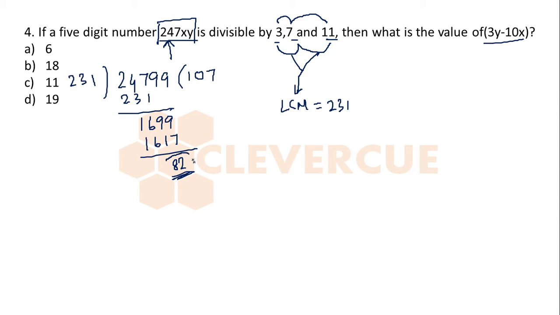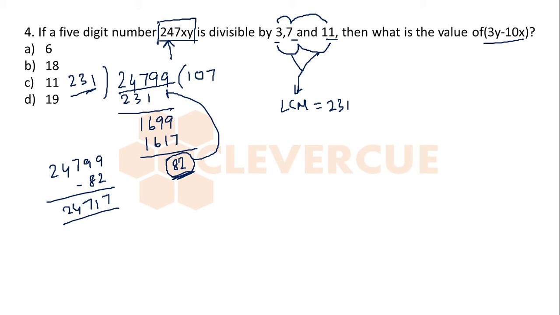If you subtract this remainder from this number, then you will get the 5-digit number which is divisible by 231, which is the LCM of 3, 7 and 11, and so that number will be divisible by all these three numbers 3, 7 and 11. So let us find that number. 24799 minus 82. Here you have 9 minus 2 is 7, 9 minus 8 is 1, and 7 minus 3 is 4. So this 5-digit number, whatever is given to us, is